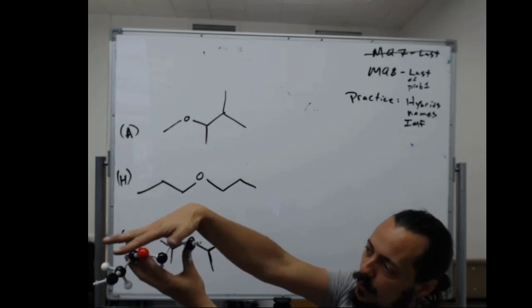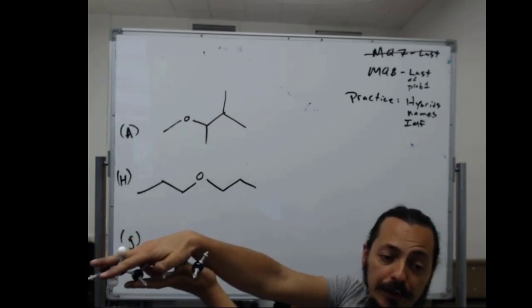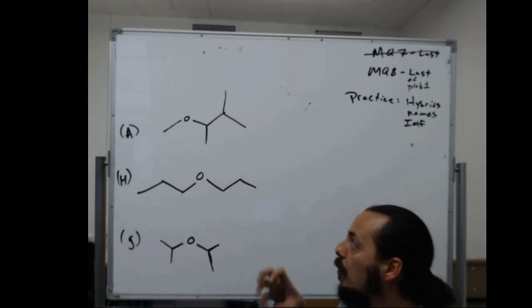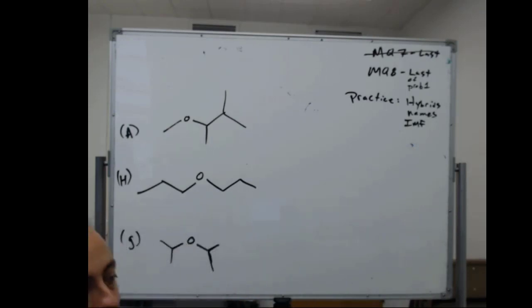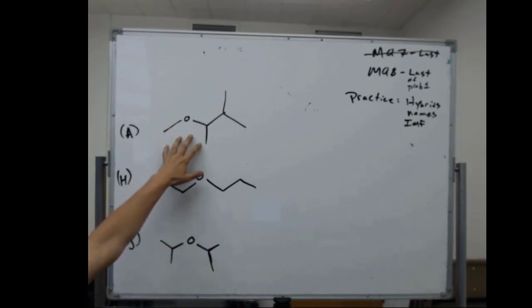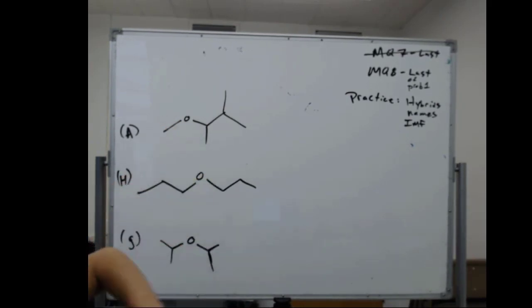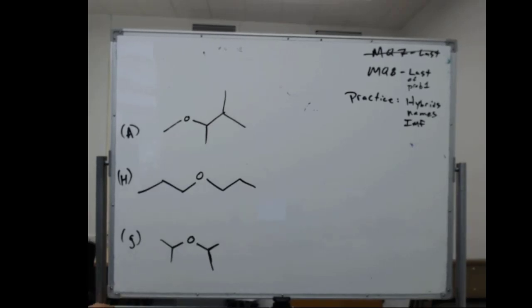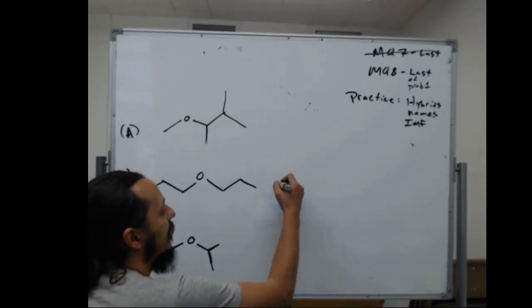So that's going to give us more surface area. That's going to give us more London dispersion force. So that's why I'm asking which one looks more spread out. This is sometimes just referred to as less branching means higher LDF, more branching means lower LDF, but it's really an argument of surface area. So H with the highest surface area, same functional group, same mass, I think this is going to have